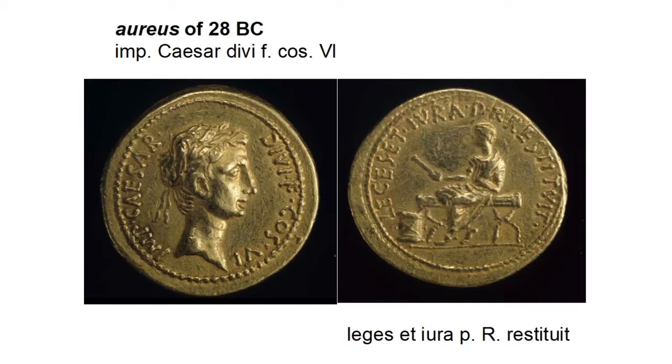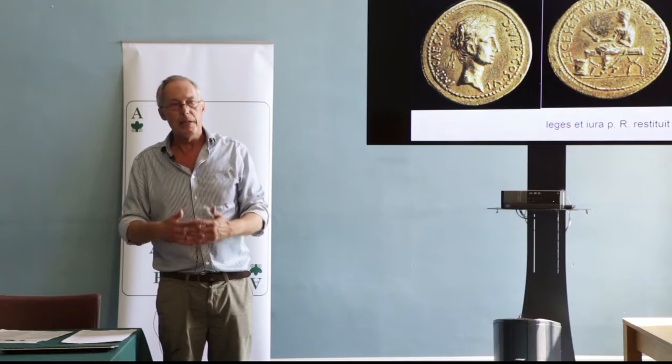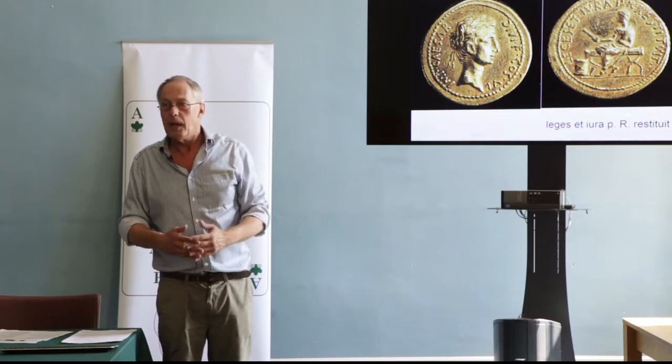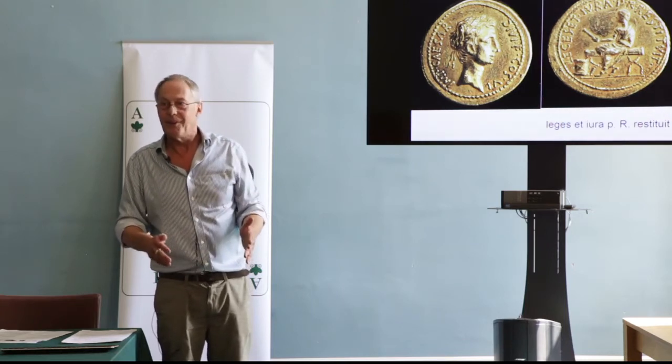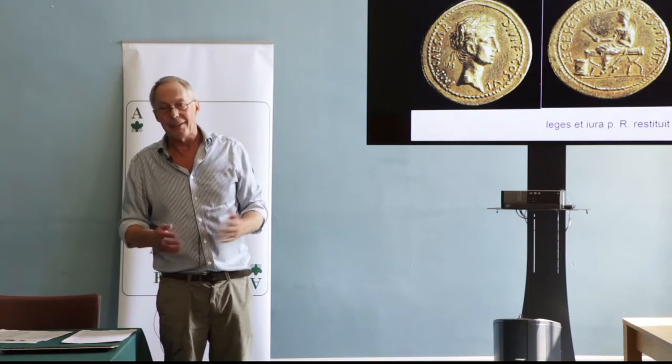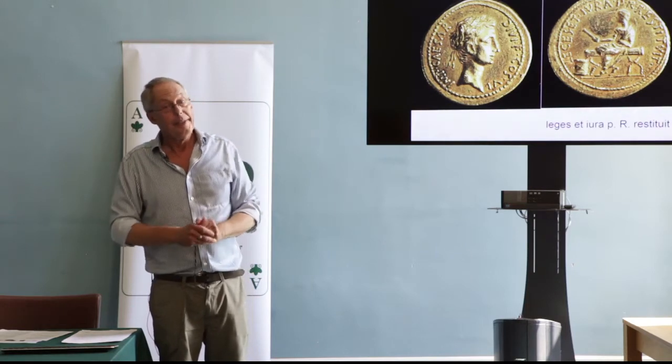Enough survives of what was going on at that time for us to know that, faced with a civil war between Antony and Caesar, one of the things that had caused it was that Antony kept on saying, in 33 BC, when the triumvirate ends, I am going to restore the Republic. And everyone believed Antony. And most of the Senate, when the war broke out, went to join Antony because they believed he was going to restore the Republic. And they didn't believe that Octavian was going to restore it. And that's why most of them backed what turned out to be the wrong side.